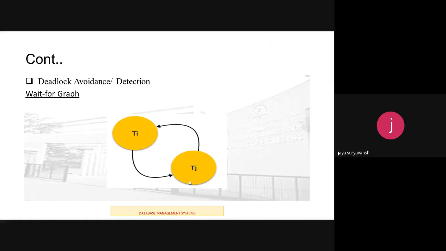So this wait-for graph scheme uses a graph, that is a set of edges and vertices, to detect the deadlock in the system. So here one example is shown, that is a wait-for graph, where there are two nodes, Ti and Tj, and suppose this situation occurs, that is, a cycle may occur. It means we can detect that there may be a deadlock. Okay, and in this situation it will not allow concurrent execution. So this way this detection method will work.